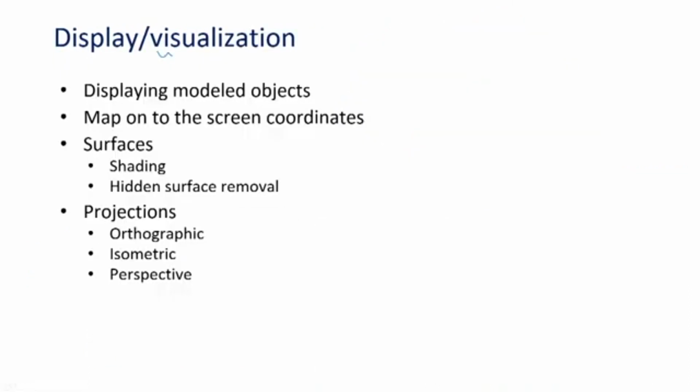Fine. So, to have the proper visualization or display, we have to display the objects on the 3D screens, and when we put the models on the 3D screen, we have to map them properly, that we call mapping of the developed model on the screen coordinates. We can apply shading, we can even remove the hidden surface, that is coming into the surface modeling or surface geometric modeling. Then by applying various projection techniques,